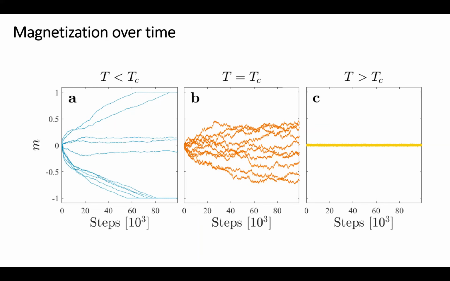Sometimes they create these kinds of domains. They group up, but saturate at another level. But immediately the full alignment between neighbors occurs. You see that this is a qualitatively different behavior at the critical temperature, and these are simulated